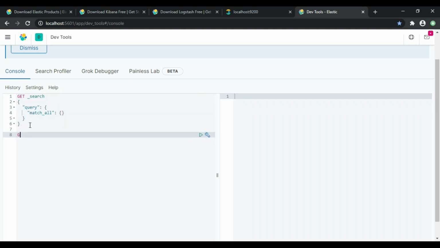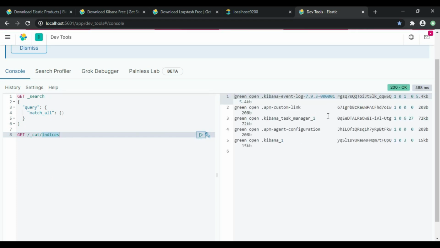For now I am just listing all the indexes present in Elasticsearch. For that, just hit the cat command, cat indices. It will list out all indexes present in our Elasticsearch. These are the default system-level indexes present in Elasticsearch.